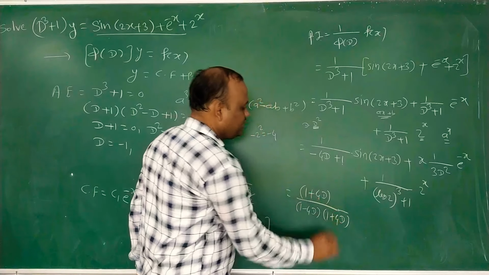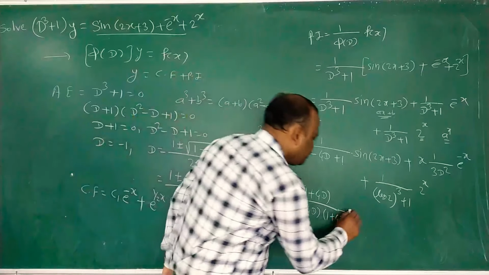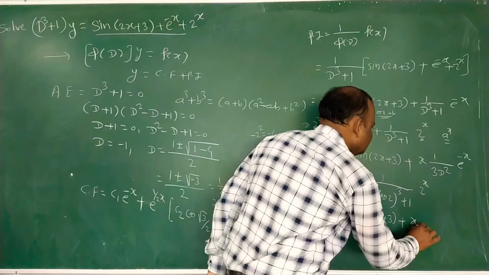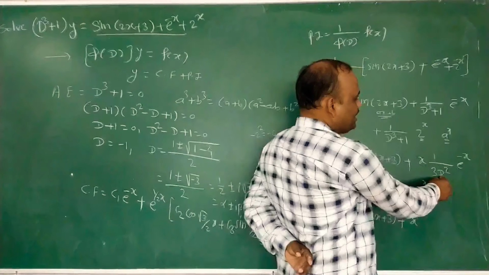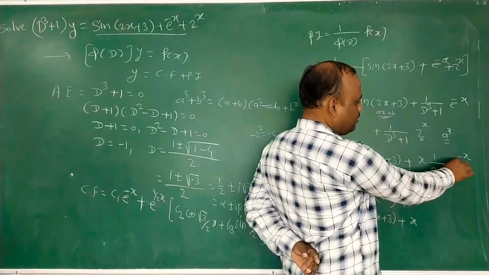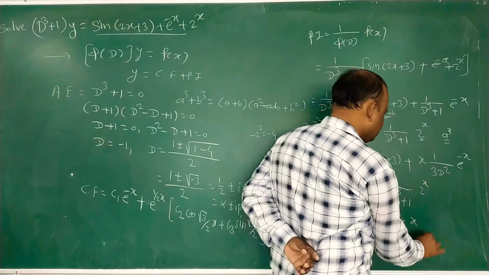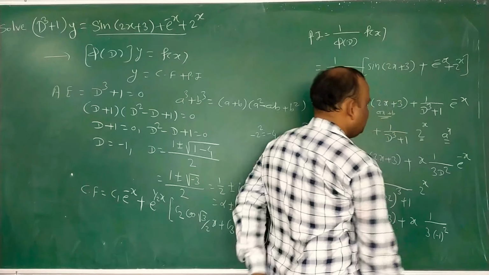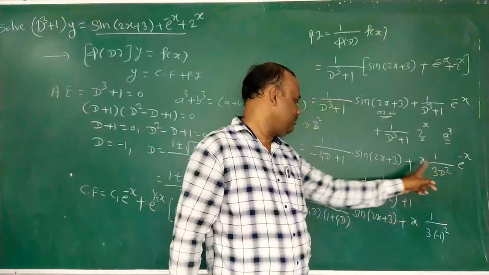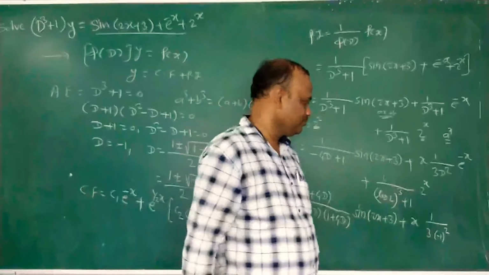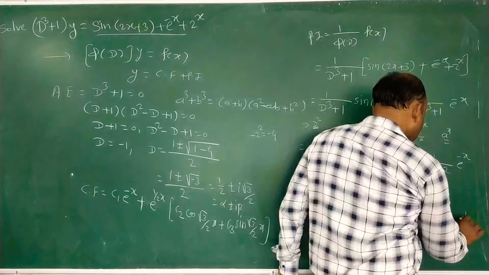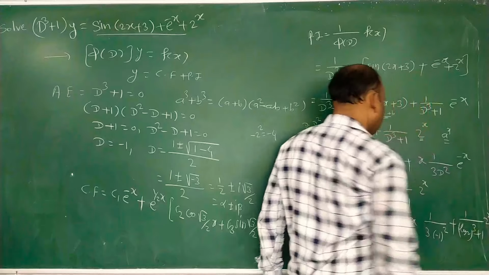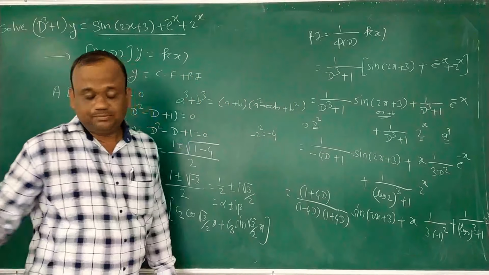I multiplied and divided by this 1 plus 4D into sine of 2x plus 3, plus x into, replace D by a. A is minus 1 because e to the power minus x, if you put D equal to minus 1 here, then 1 upon 3 into minus 1 square. Look, here we have to put the value of D; here D square has to be replaced for the sine, plus the last term as it is, that is 1 upon log 2 cube plus 1 into 2 to the power x. Now after simplification, what is this?